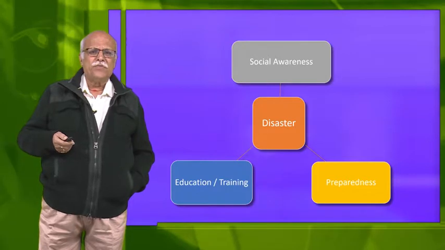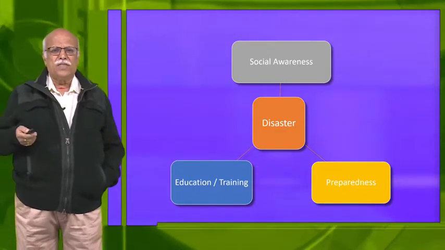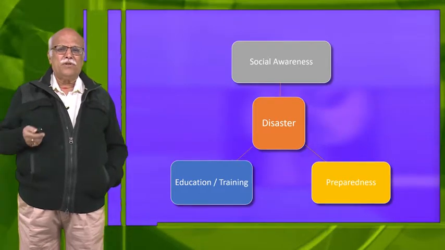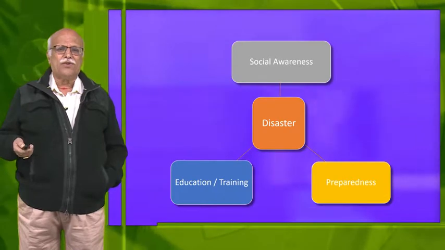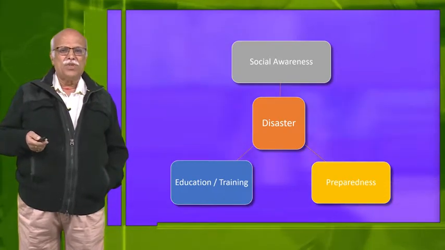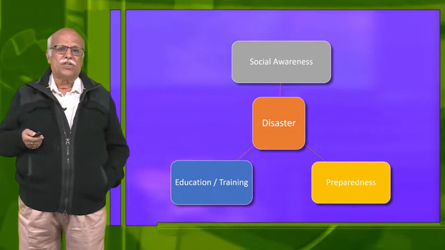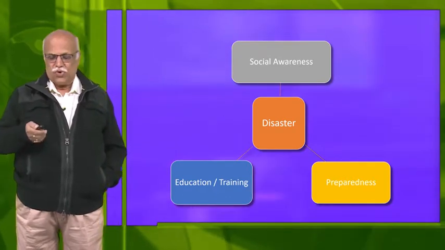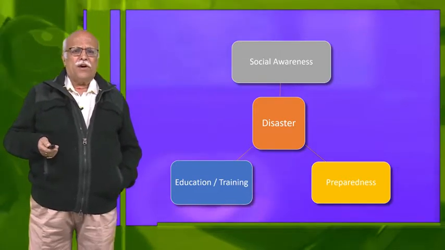In other words, the people at large, the public at large should know how exactly they are going to face the situation, what are the situations in which they can help the official machinery, how they are going to do this, and what aspects of responsibilities is resting on their shoulders. That is known as social awareness. We now come to the next aspect of utility.